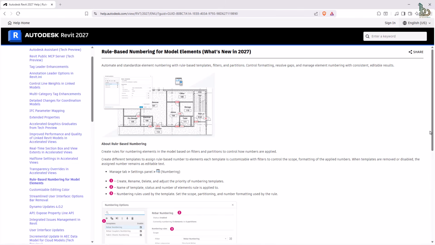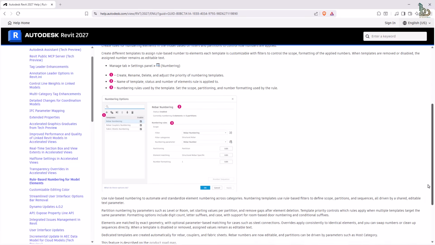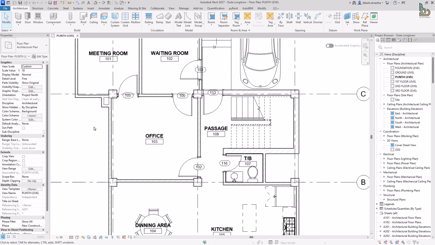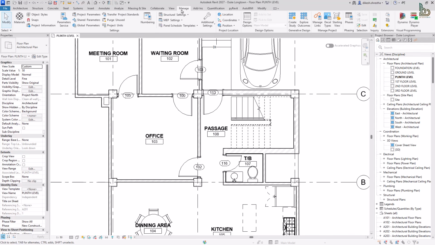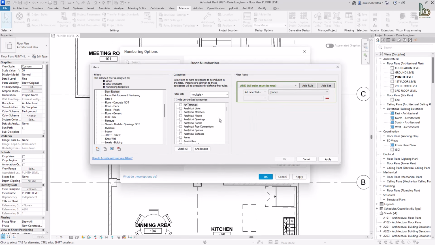To enhance model organization and data management, Revit 2027 introduces rule-based numbering for model elements. This powerful tool can be accessed via the Manage tab within the Settings panel by clicking on the Numbering push button. This feature allows users to define custom rules for numbering various model elements, providing a consistent and automated approach